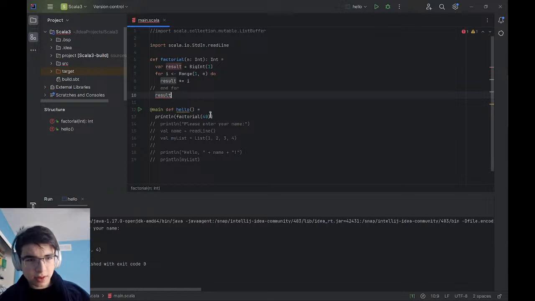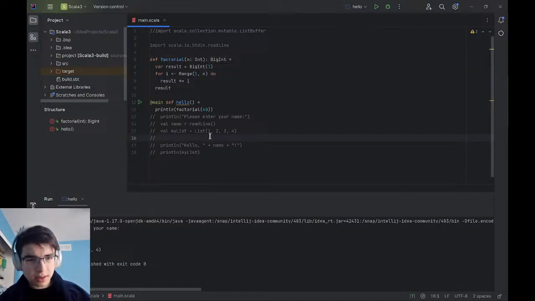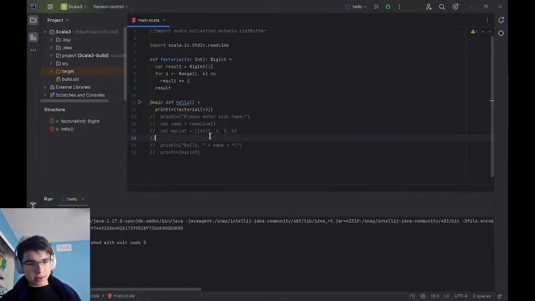Oh, I forgot. And this is a BigInt. So if I remove this, it would type infer. But if I want it to be specific, it would be BigInt. I don't have to do that. And I could just println factorial 40, right? So let me see what it says. Alright, so that looks like factorial of 40, and this is,